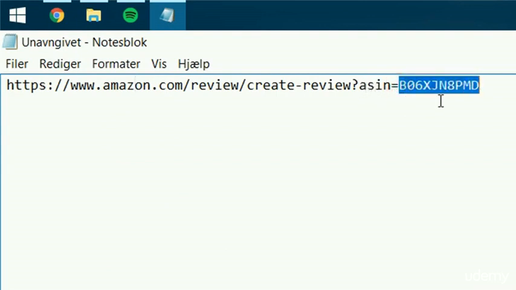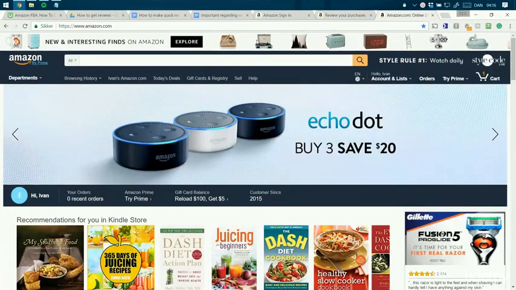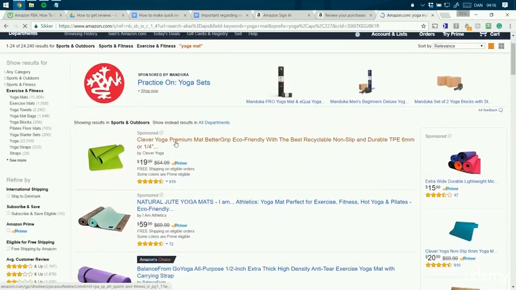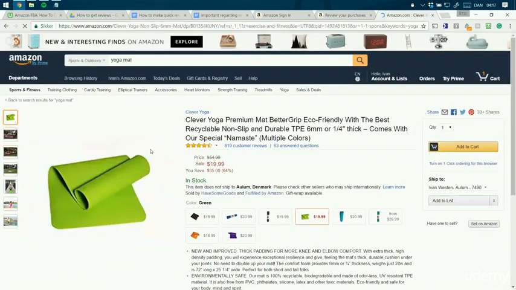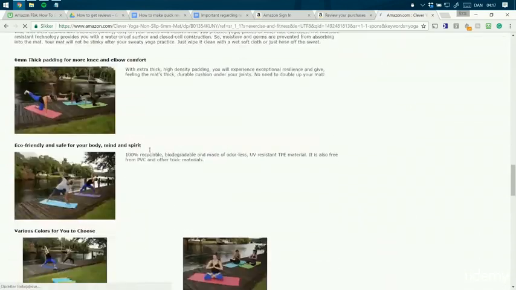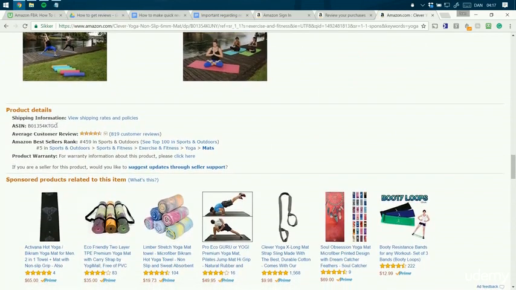So every product on Amazon, including yours, has what is called an ASIN number. And the way you find that is you go to Amazon and then you look up your product. Let's say you're selling a yoga mat, just to use an example here. So you're selling this yoga mat. And then if you go under details, it will list an ASIN number right here, ASIN. So you just copy that ASIN number,